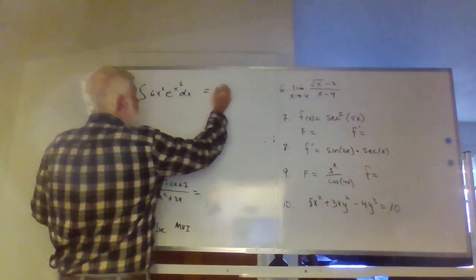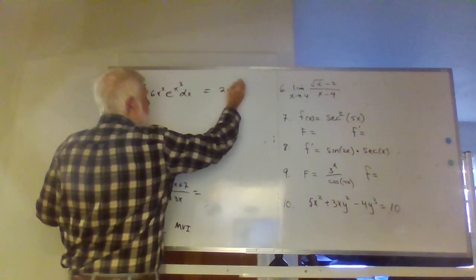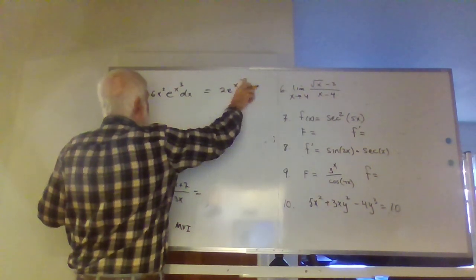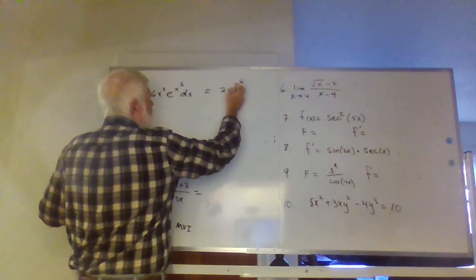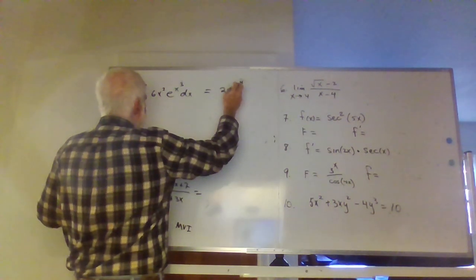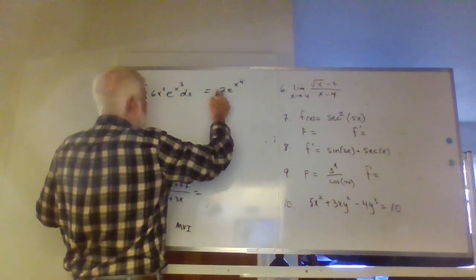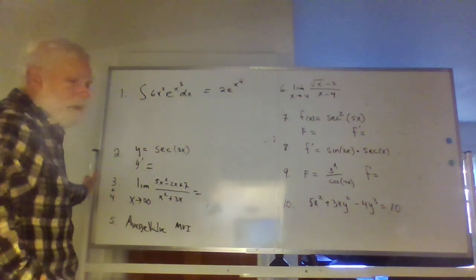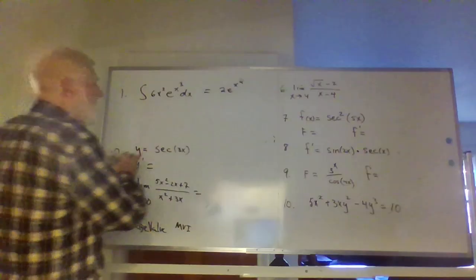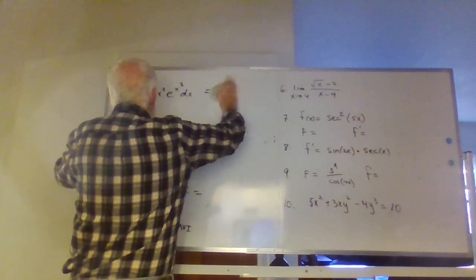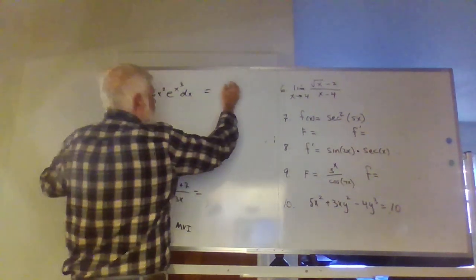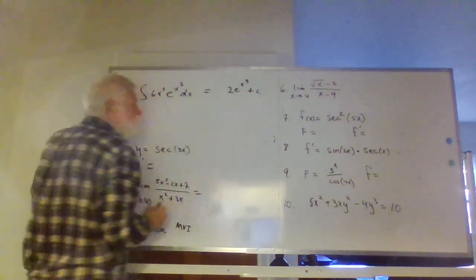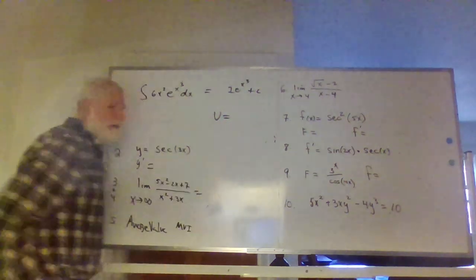So I got 3, I think it's 2e to the x cubed. 2e to the x to the 4 over 4. 3x squared. That's 2e to the x. So it's 3x squared. I'm taking a derivative in my mind right now, which is exactly wrong. So, all right. I thought I was going to be able to do that. I think it's 2e to the x cubed. But I'm not feeling confident at all, plus c. I'm not feeling confident at all, which means I've got to go back and refresh my memory and actually do